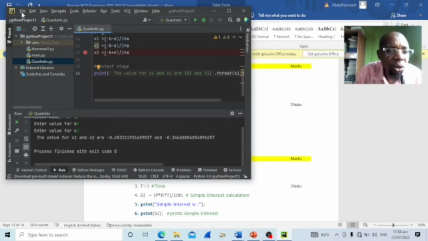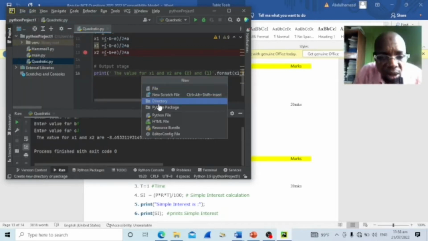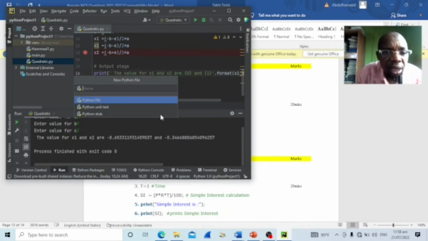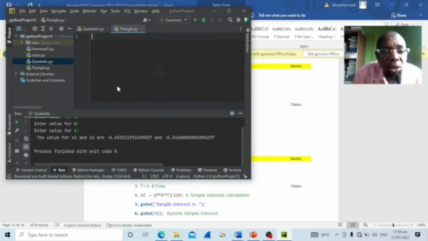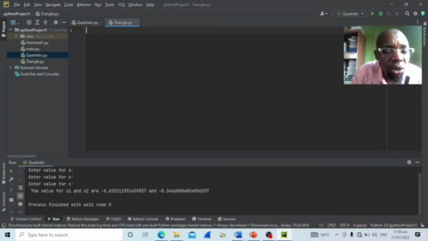Now let's go to our file, new, that is the ultimate hotkey with insert. Then you select Python file, and here we want to call it triangle. Let's call it triangle. So let's hit enter. It's going to bring a new editor for us, and in this new editor, what we are going to do here is look at how we can